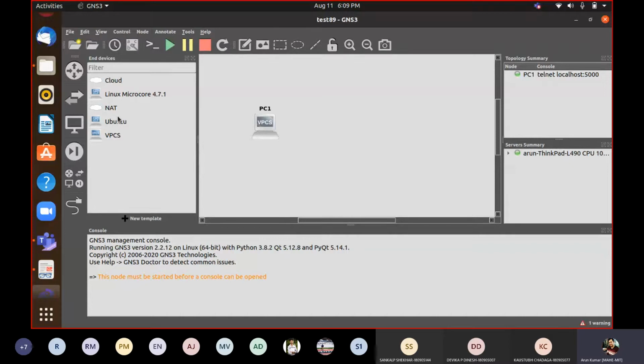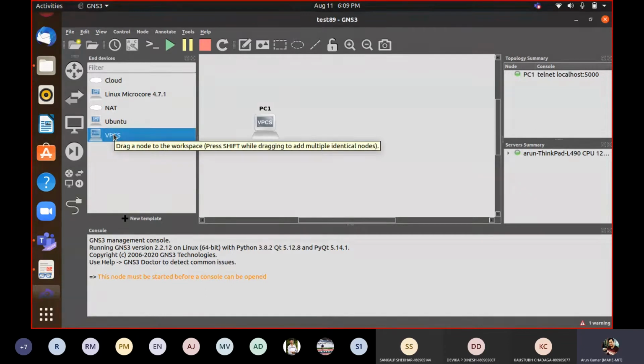From there you can run as many commands or applications of your choice, because this virtual PC will allow you only some basic commands. Suppose there is any big application you want to run and test using GNS3. In that situation, what will you do? You will install that operating system in your VirtualBox, and then you will include that operating system here. I will show you how to include it.